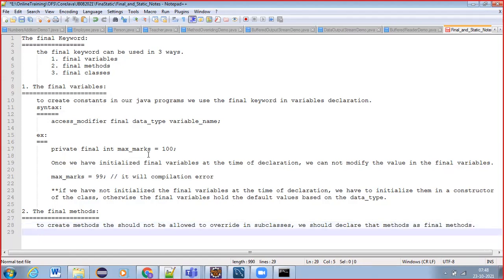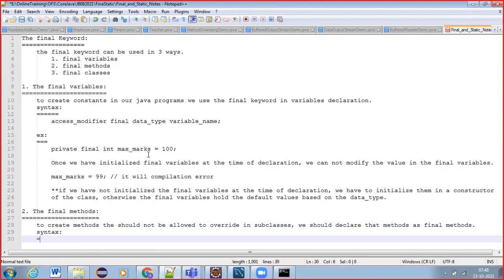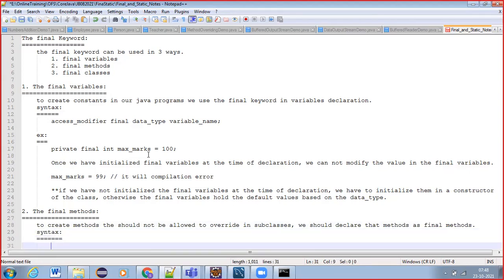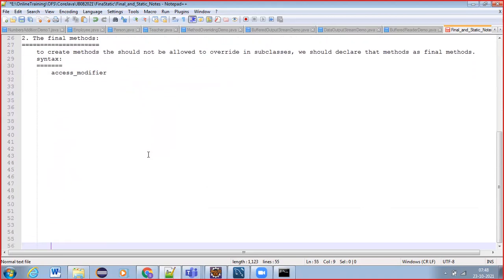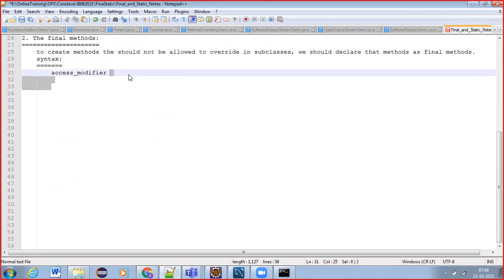So syntax, how we can write: access modifier. Methods also have access modifiers, like public, private, protected. So access modifier and the keyword final, the return type, which is nothing but a data type, and then the method name.